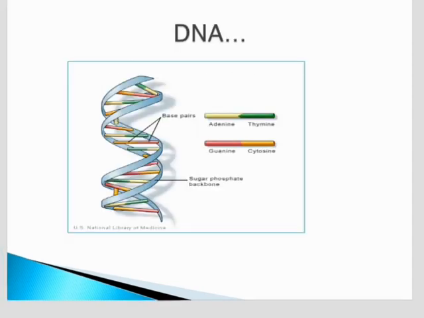This is the pictorial representation of DNA structure. DNA has four bases: adenine, thymine, guanine, and cytosine. These four bases are the building blocks of DNA. Not only this, but also sugar and phosphate that hold the structure together like a ladder. Bases are of two types: purine, that is adenine and guanine, and pyrimidine, that is thymine and cytosine. It's a general rule that purine always pairs with pyrimidine and pyrimidine with purine. And the bond they utilize with themselves is the hydrogen bond.